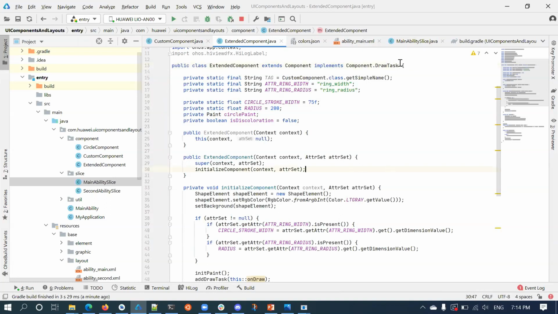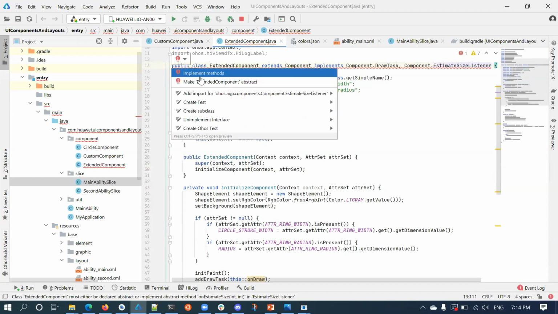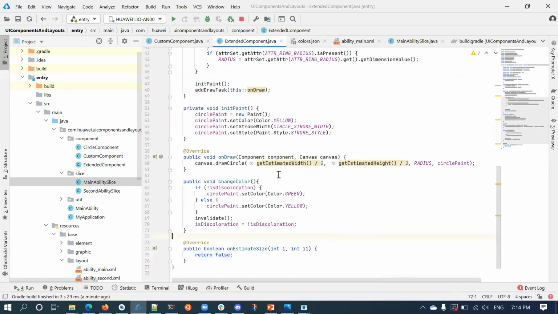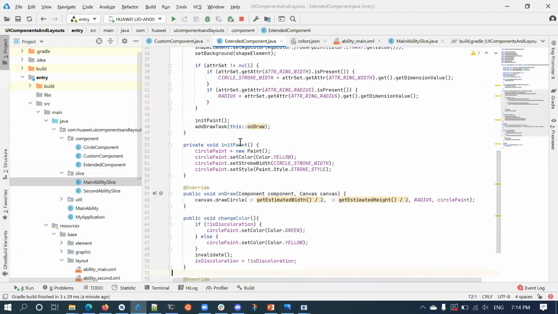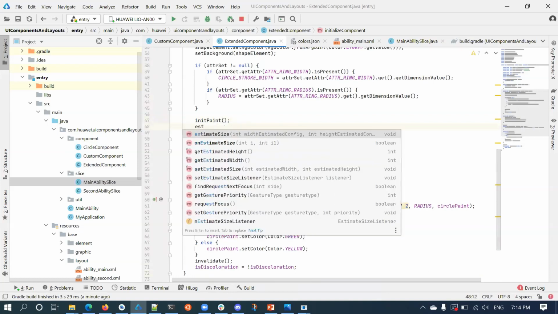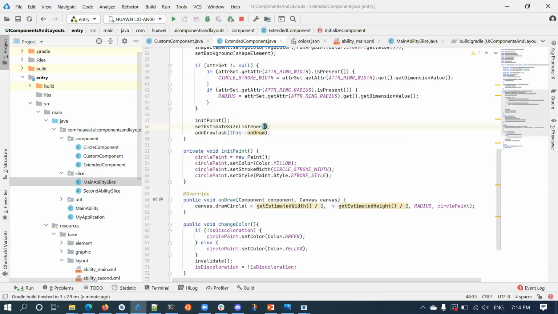So we will proceed to implement the estimate size listener. Once you implement the estimate size listener, you have to override estimate size. And here, similarly, you register for draw task, you have to register for the estimate size listener.